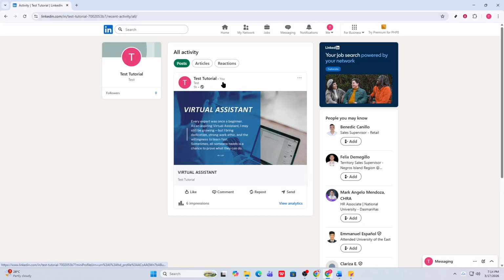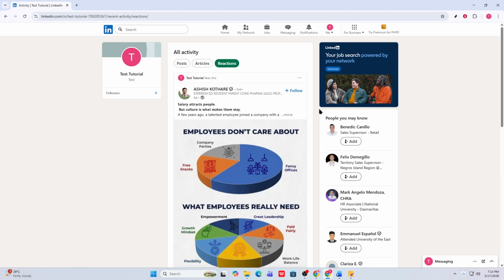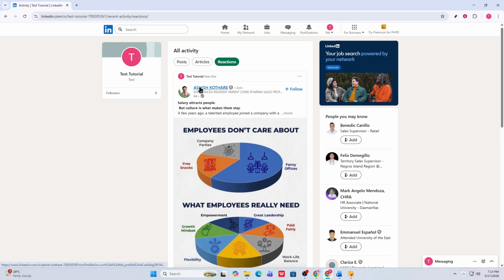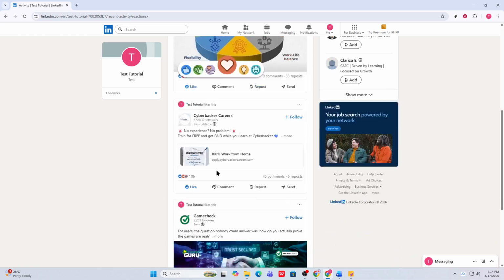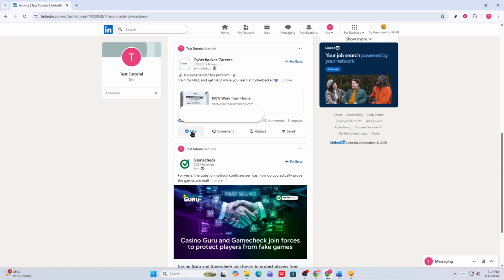Once you're on the activity page, select Reactions. LinkedIn groups all your responses here, including like, celebrate, support, love, insightful, and curious. Selecting Reactions filters the view so you only see posts you've responded to, which is the fastest route back to items you've liked. You'll notice each entry shows the creator's name, a preview of the post, the reaction you added,